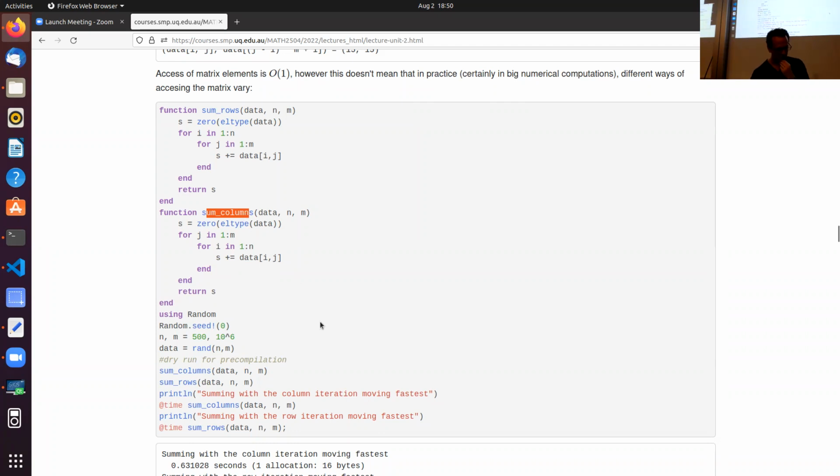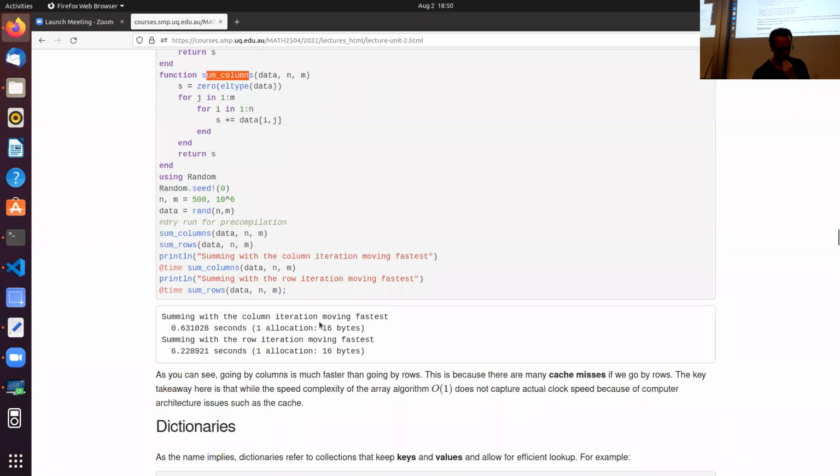That's good. If we do the timing of this, you have to be careful with the timing for this stuff. This actually took me a while. I had to rewrite this one last year because I was really trying to be careful to get it right, because it's kind of subtle to show. So if you move column iteration moving the fastest, it takes 0.6 of a second. If you go row iteration moving the fastest, it takes 0.3 of a second. Both of these have constant access, shouldn't matter, but because you're jumping further away in the address when you're iterating the other way, you're going to get cache misses, they're called,